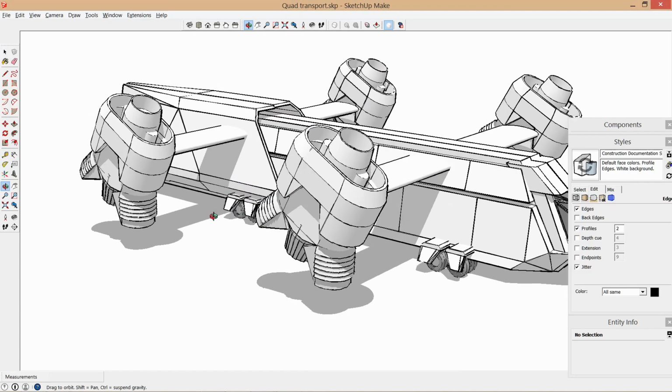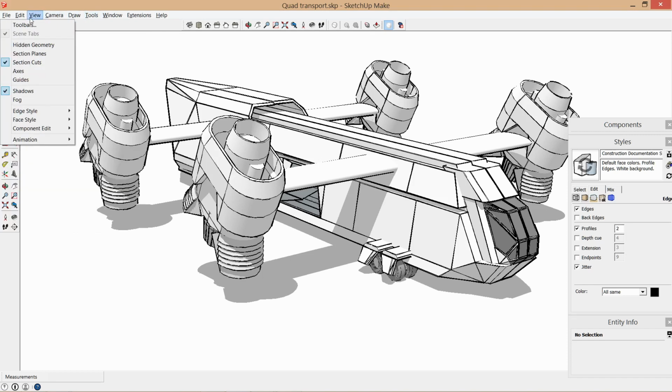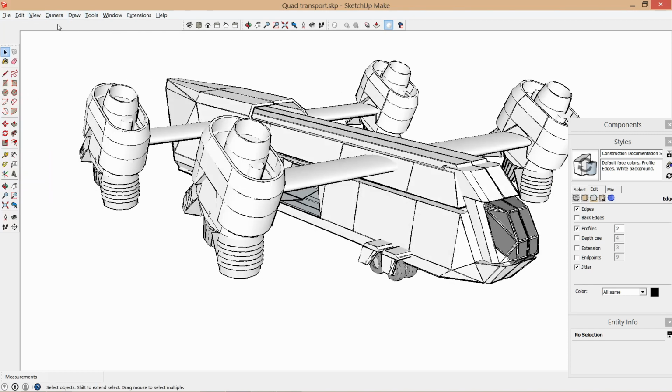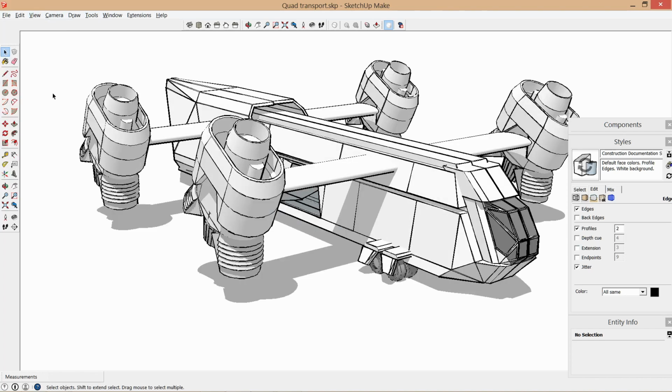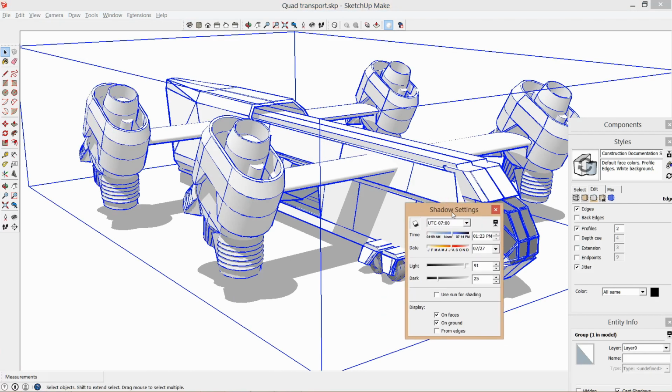The other thing that's really helpful in SketchUp, of course, if you're not comfortable with shadows, is that they can be turned on and off at will. The shadows work in SketchUp like they do for most architectural programs. They're based on time of day. So bringing up your shadow panel,